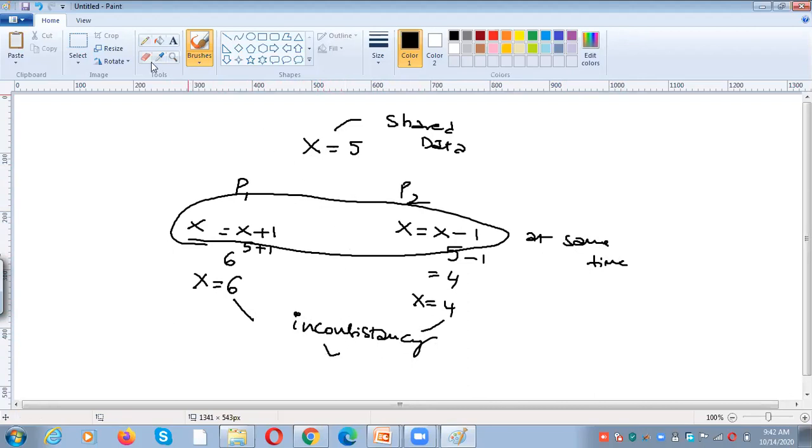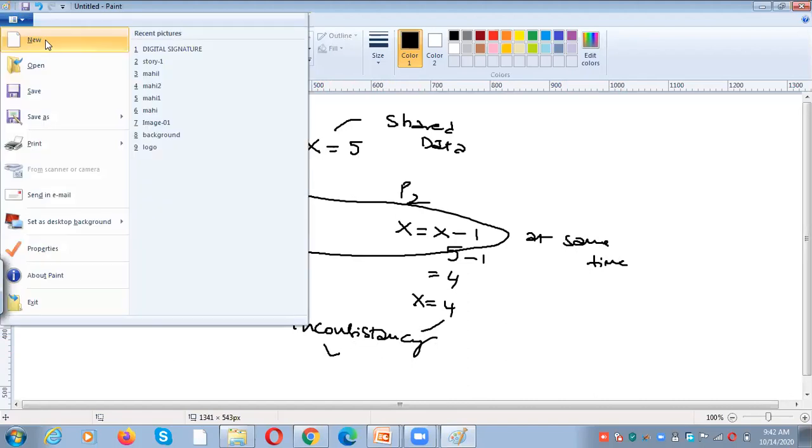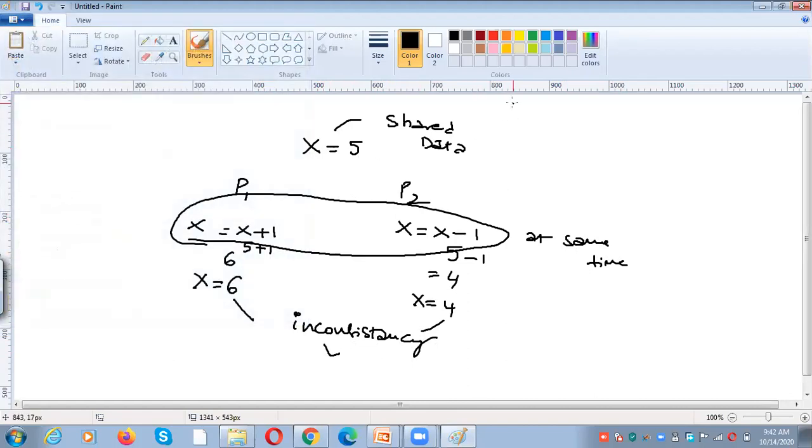You need to understand. If you go for any real-time example, in your account, 10,000 rupees are available.